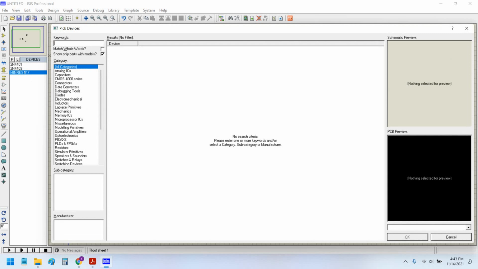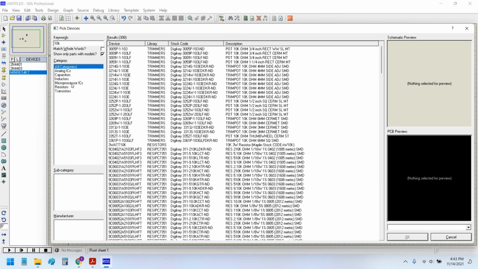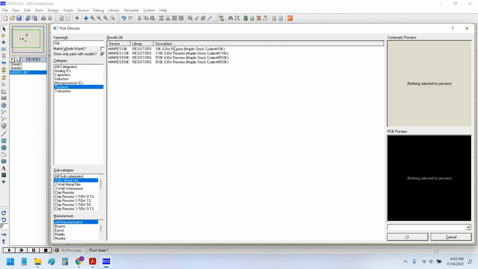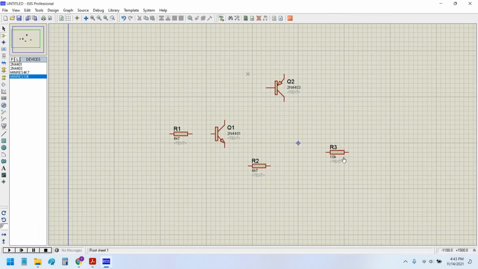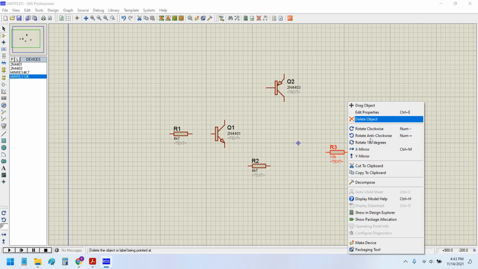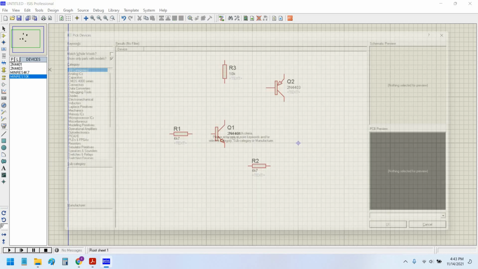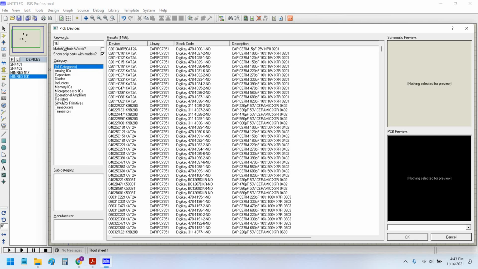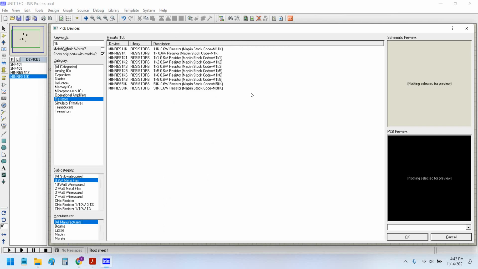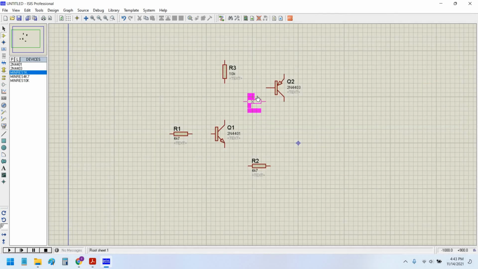Now place a 10k resistor for the PNP base, and a series 1k ohm resistor for the PNP as well. Now let us wire this up.